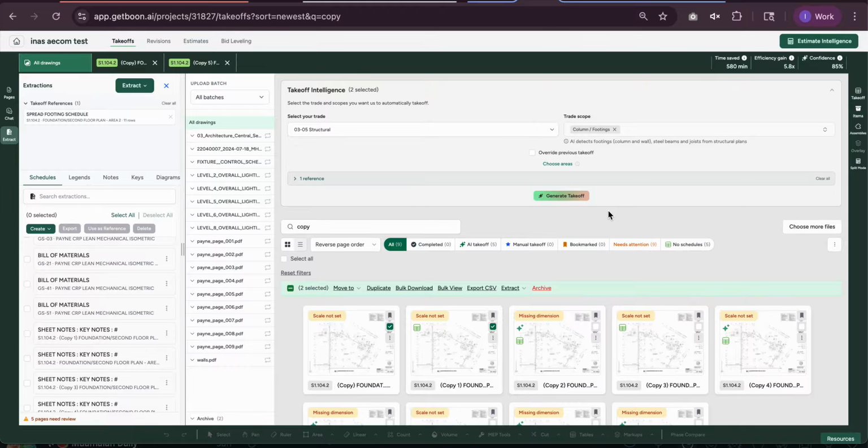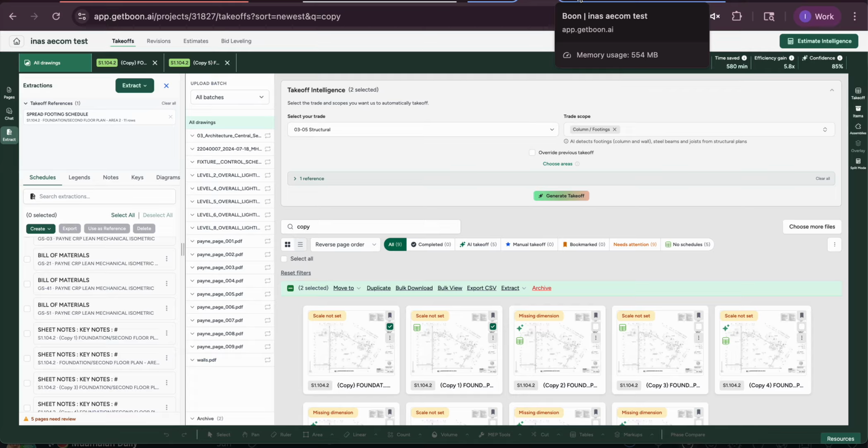The first issue is that if the scale is not set yet, some of the values like volumes, areas, or length could be blank during takeoff. And it is actually intentional from our end because the scale could also be added later, and the volumes, area, and length could also be calculated from the dimensions.